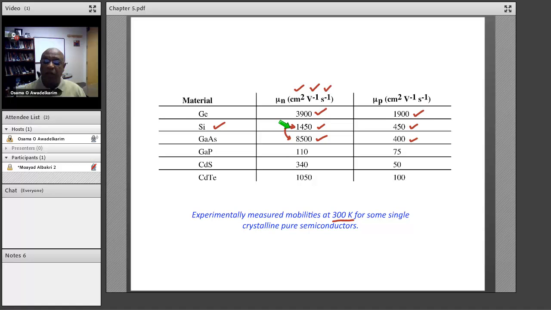So that is very, very important and very significant. It tells us that devices in gallium arsenide tend to be much, much faster than devices in silicon, because electrons can move faster. That is why key computers in space exploration for NASA, for instance, use computers made up of gallium arsenide chips. Why? Because they want very, very fast